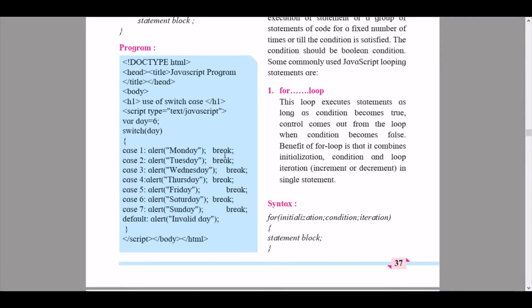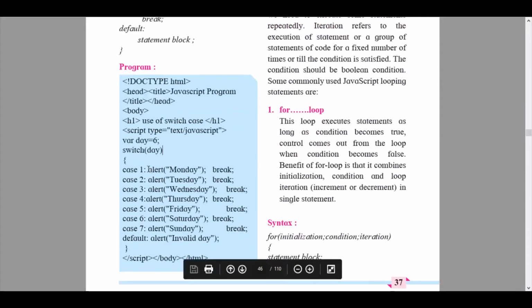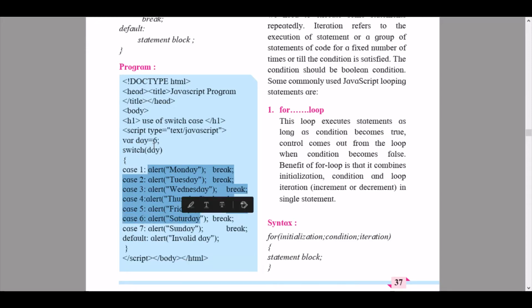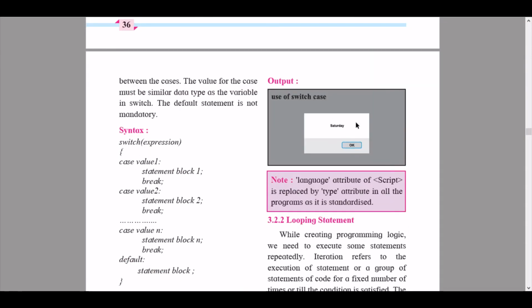It depends on this number, because here in the list Saturday is the sixth value. So case 6, as shown here, will show us Saturday in the output.